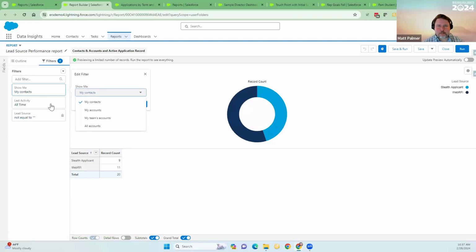So activity, maybe it's created date. We talked about that in our last example. And here I'm just saying any record that a lead source is not equal to blank. So they have to have a lead source. So this can show me this. Now, if I wanted to add some